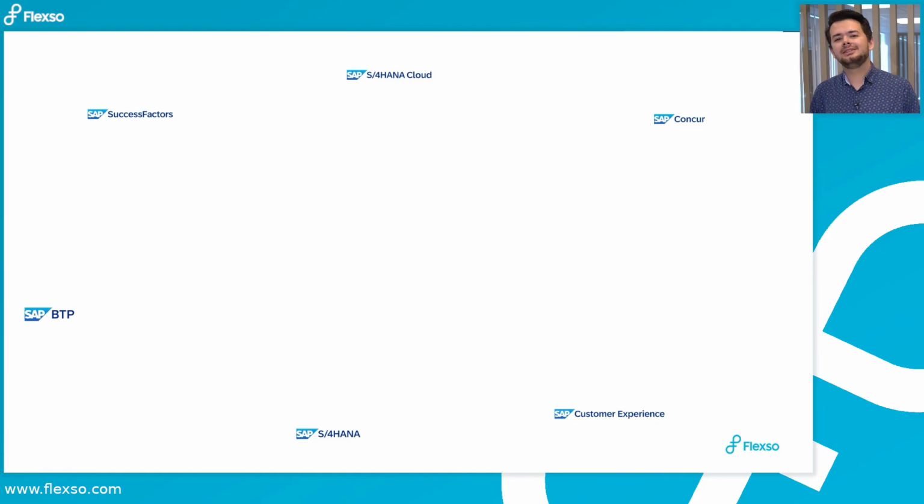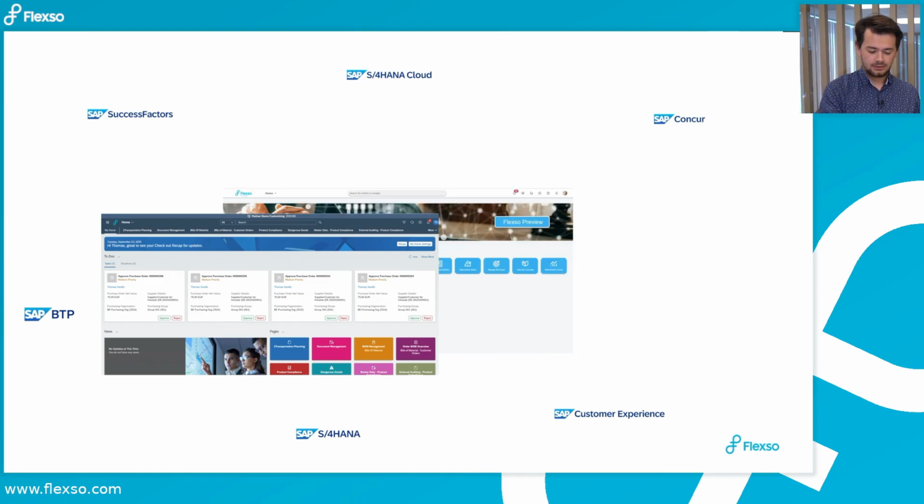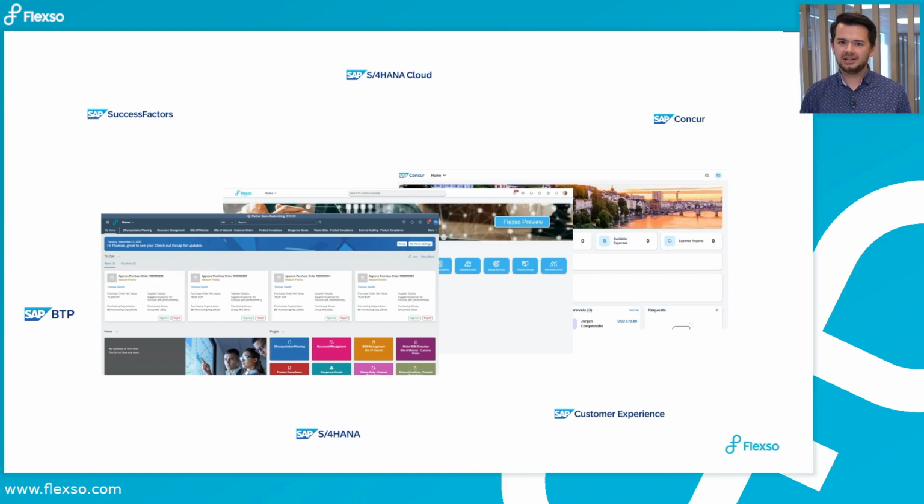And what we typically see today is that all those systems now have their own homepage. It's what we call a launchpad. So in, for example, S4, but also in SuccessFactors and other systems, you will see this kind of pages where people are able to see their applications and topics that they need to see about the relevant system. But of course, this makes that they have to bookmark all those different products. They have to make a bookmark to S4, one to SuccessFactors, one to Concur. And this might be a challenge, especially if you have users that are using different of those systems in the